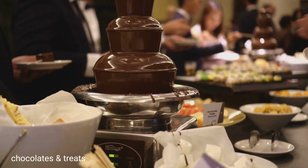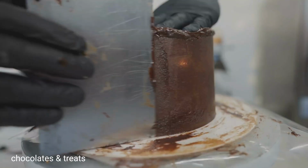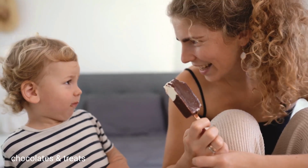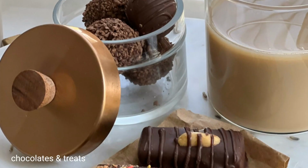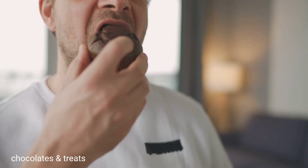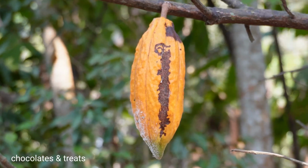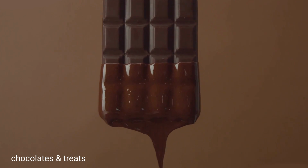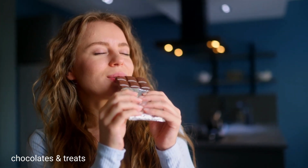At the end of the day, chocolate is all about bringing people together and sharing a bit of joy. It's about baking a cake for someone you love, sharing a box of chocolates with your family on movie night, or just treating yourself because you deserve it. It's a simple thing, but it can make a big difference to our day. So go on, enjoy it. Appreciate the incredible journey it's been on, from a little bean on a tree to the beautiful, delicious treat in your hand. Life is all about enjoying these lovely little moments. Get in,